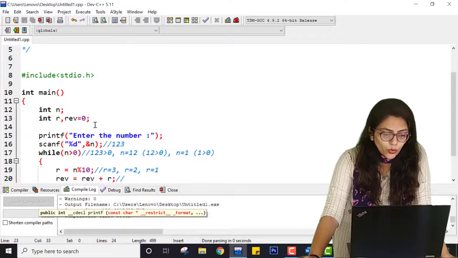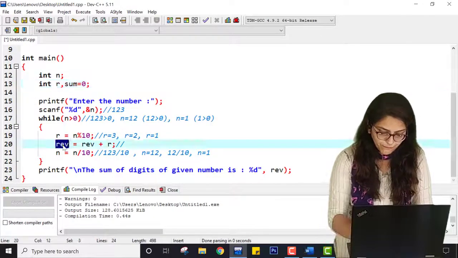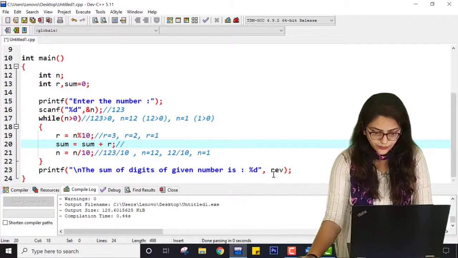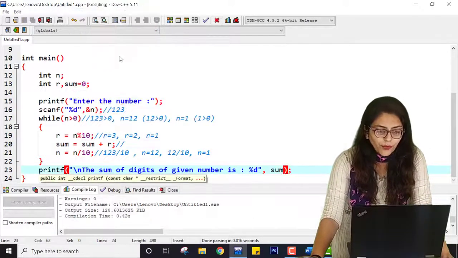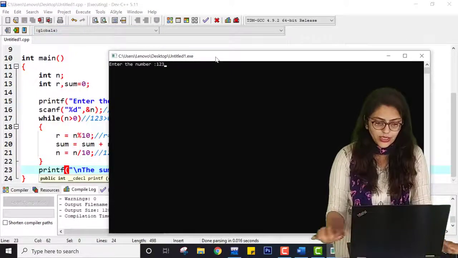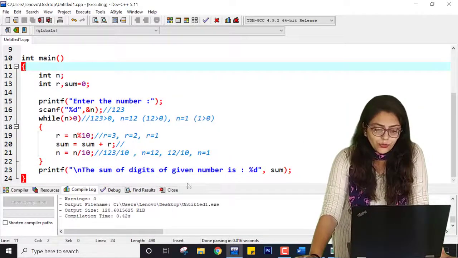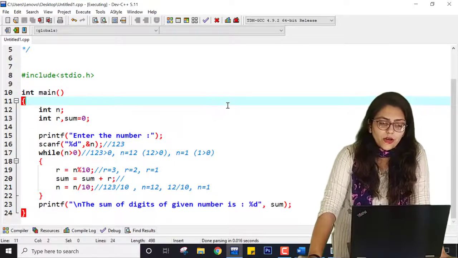For making it more convenient, you can use some variable here also, and here also, and here also. So now if you run this program again with 1, 2, 3, it is giving me 6. So this is how you can implement the program of sum of digits on the basis of this third practical.